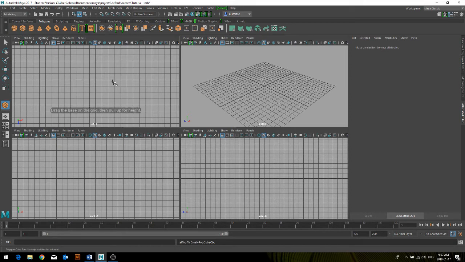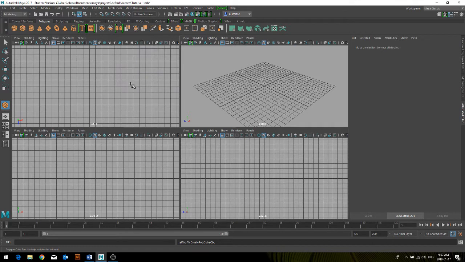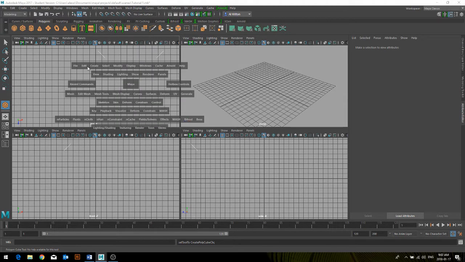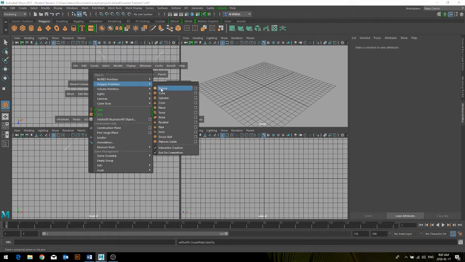So one of the things that Shay didn't mention before last week was if you tap the spacebar, you can move between one viewport and 4 viewports. But if you hold down the space key, you actually get the hotbox in Maya, which has a lot of the tabs that you're looking for, and it's just a quick way of finding what you're looking for when you know where it is. So if we go into Create, we can get into our basic primitives,